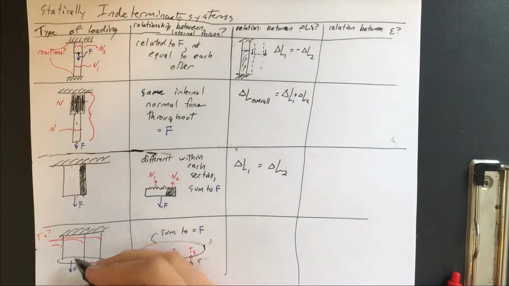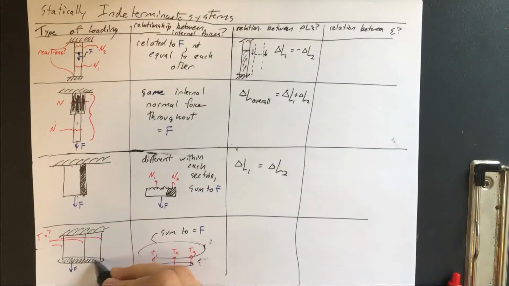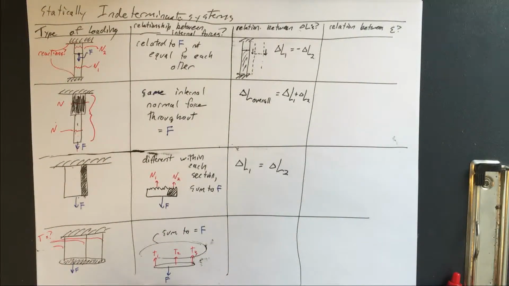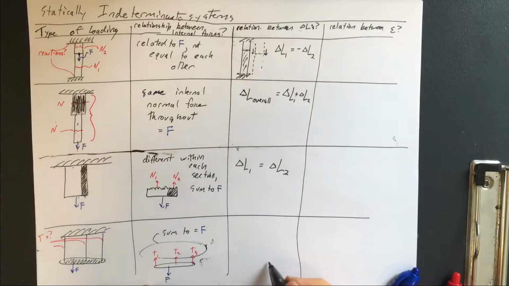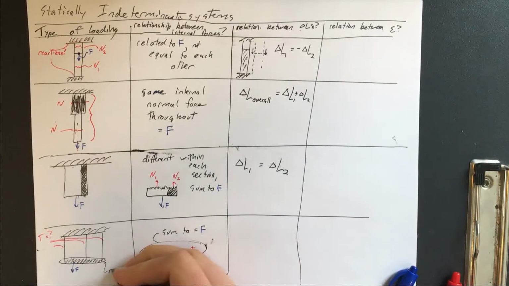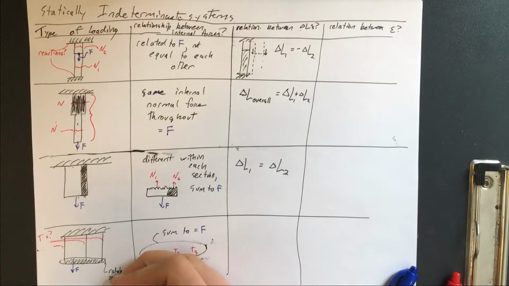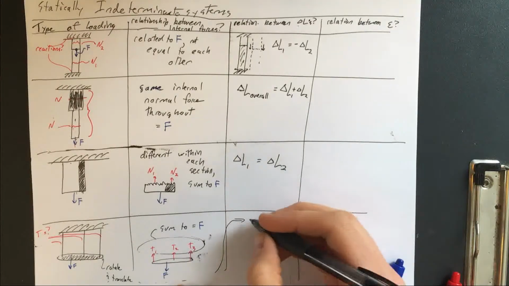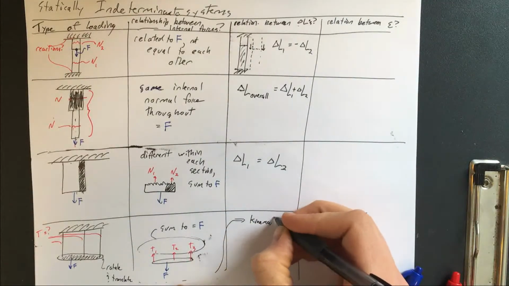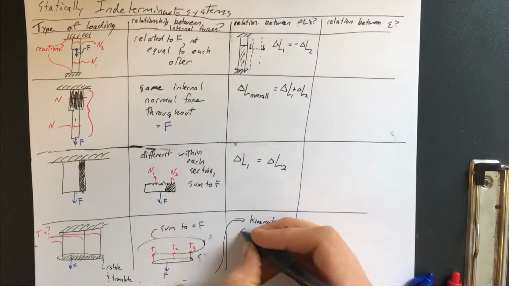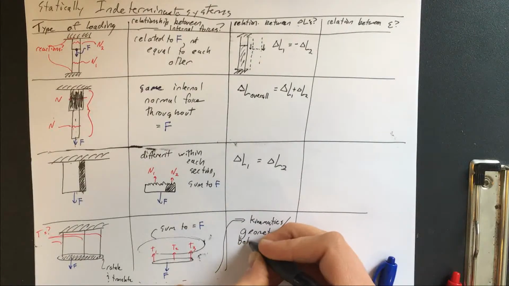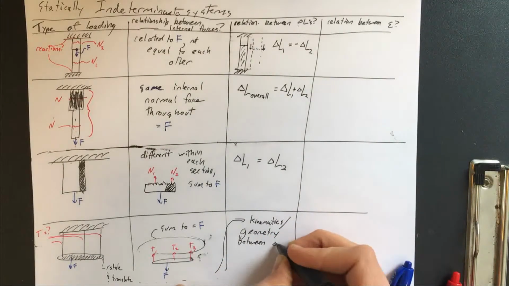Finally, for this last one, if this bottom beam is rigid, and it's really only these support wires that are deforming, then basically the bottom beam can rotate and translate. So there ends up being a sort of kinematics or geometry between the delta L's